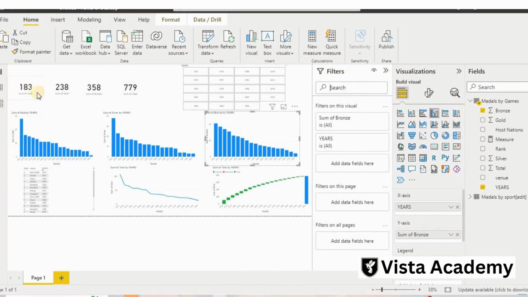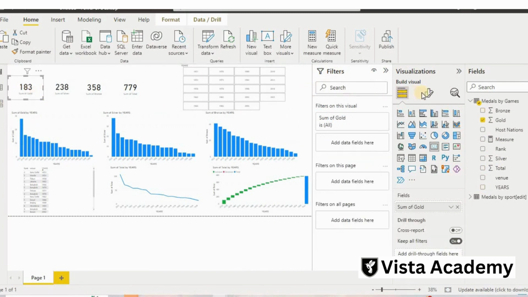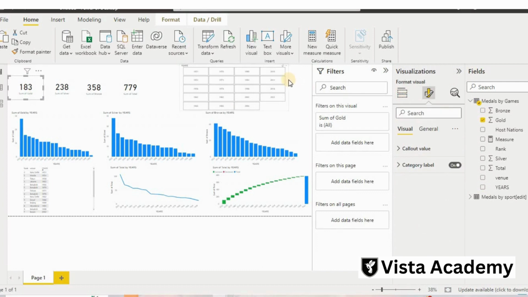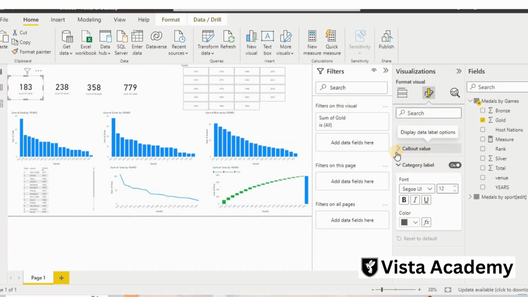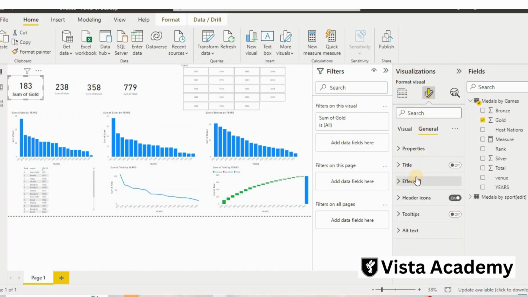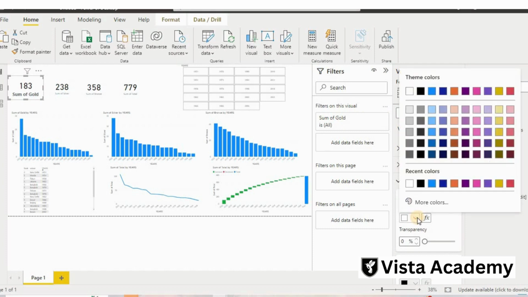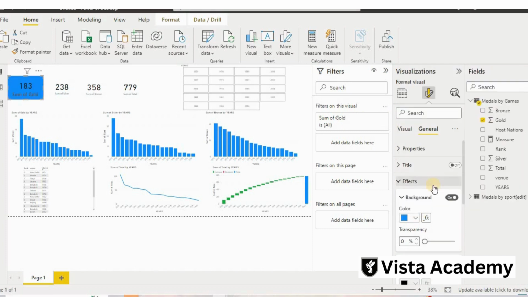So how can we edit this chart? I will click over this, then I will go there, and in the callout values, I think it's okay, it's 45, but in the callout I will just make it bold and make it a little bit bigger. I will keep it 32. Instead of 32 I will keep it 22, so it's more clear to see. Then I will give it some color, effects, and I like to give it a color blue.